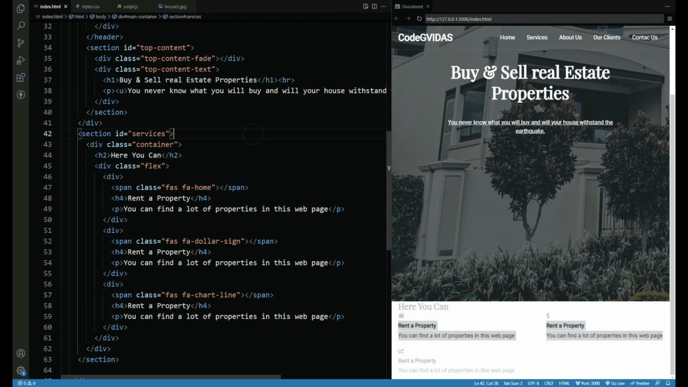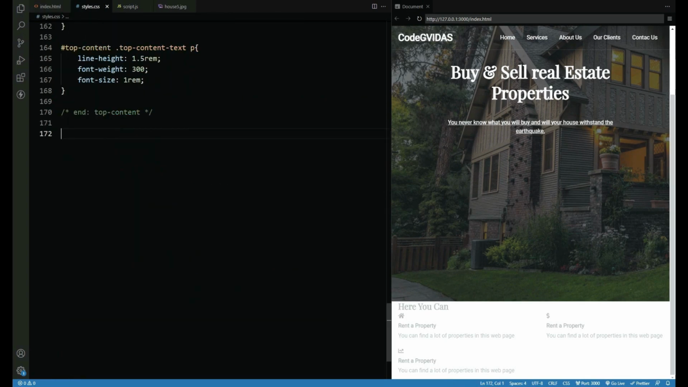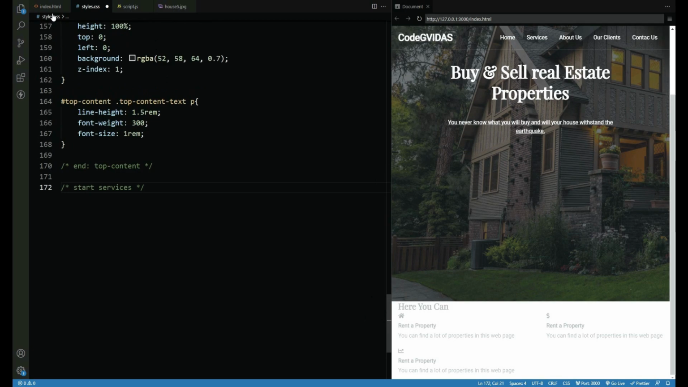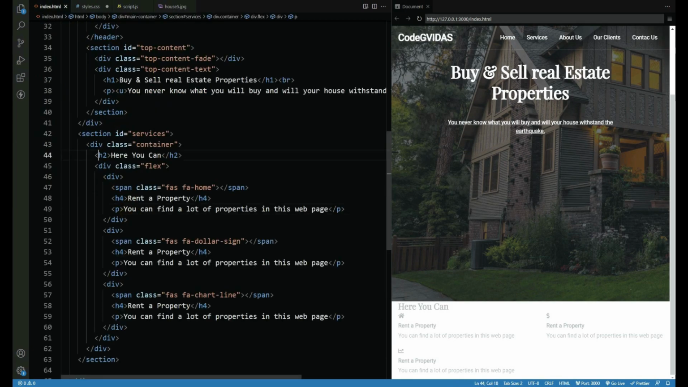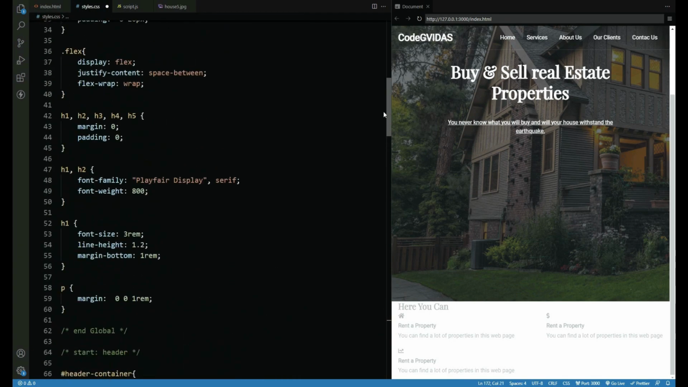So now let's style those elements in the services. We have elements like H2, H4, so let's style those as well. So in style sheet, let's start with services. But first of all, as I said, let's not forget H2 and H4 elements, which should be styled in the global